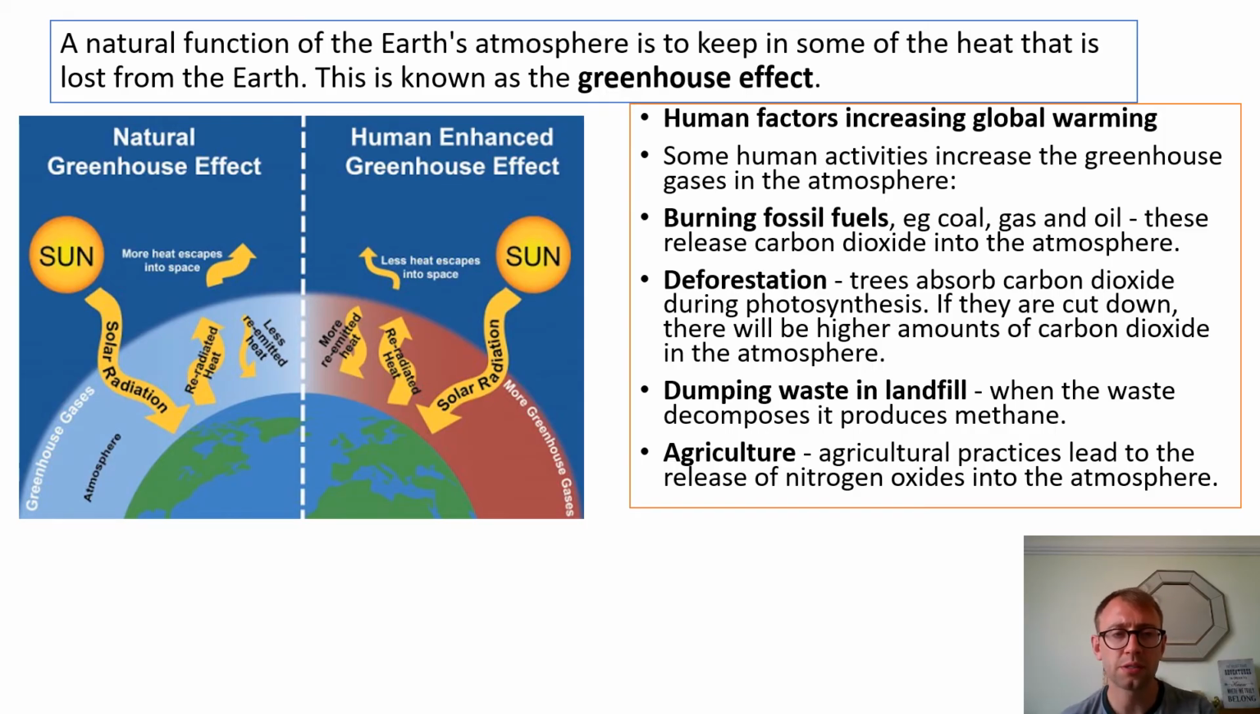However, what we've now noticed is that the greenhouse effect is being enhanced, and this is by human activity. Because there are more greenhouse gases in the atmosphere, due to some of the reasons you can see on the right hand side there, more heat's being trapped in the Earth's atmosphere and less is being reflected back into space. So more heat is being trapped, causing our global temperatures to increase. On the right hand side you can see some of these factors: burning fossil fuels, deforestation, dumping waste in landfill, agriculture. These are all contributing to more greenhouse gases in our atmosphere, which is obviously going to cause the Earth's